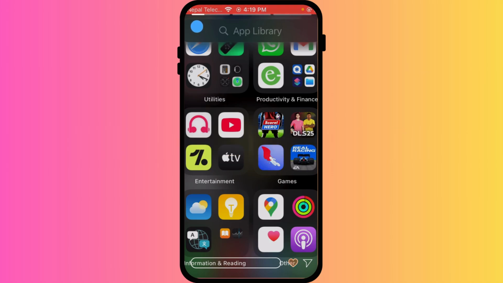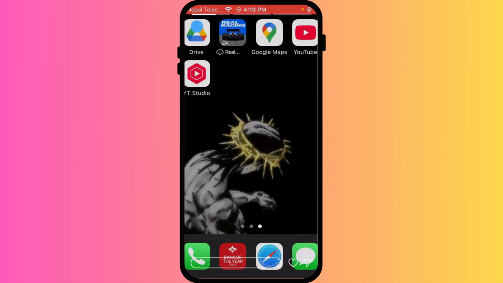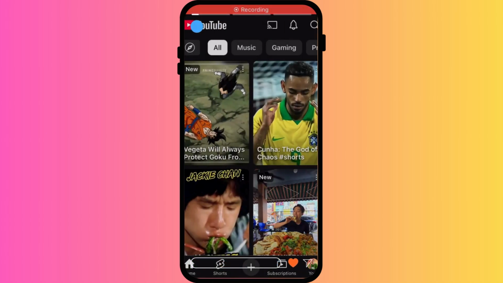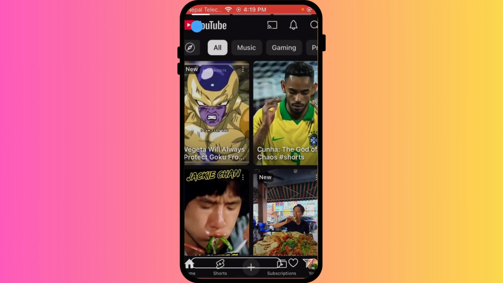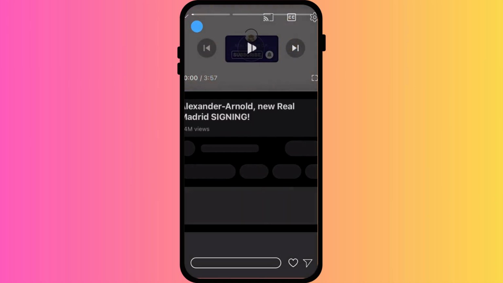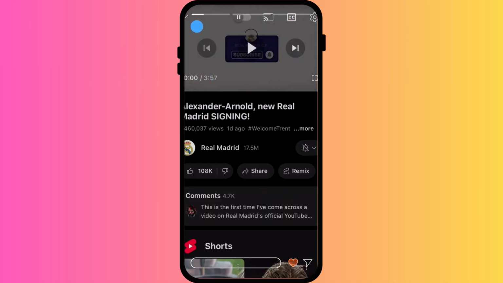Launch the YouTube app on your iPhone and sign into your account if you haven't already. Browse or search for a video that you want to add to a playlist. Tap on the Save button under the video. Then tap New Playlist